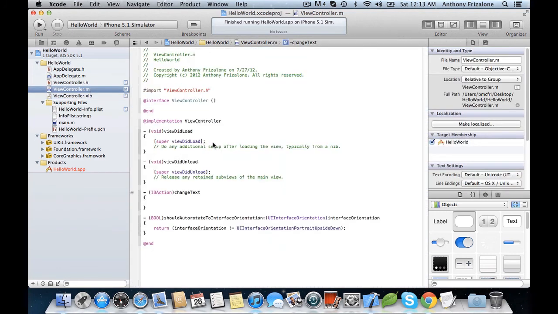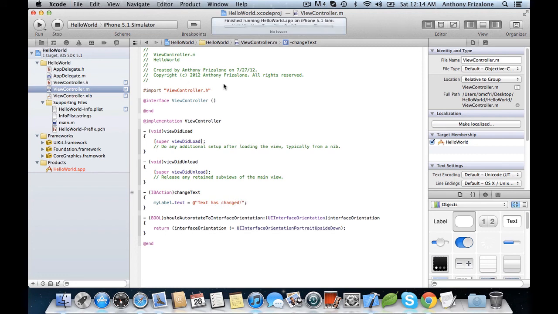Okay, and so now let's change the text. myLabel.text. Text is a property. I'll have a video on properties eventually, I'm sure, but it's really self-explanatory, so I don't even know if there's a point in getting into that ever, and definitely not now. You just type myLabel dot text and then a string of text. In Objective-C, strings are denoted with the @ symbol first, and then it's converted to an NSString object. So just know that whenever you're dealing with strings, you need to begin it with an @ symbol, and now whatever you put in here will be displayed in the label. So text has changed,